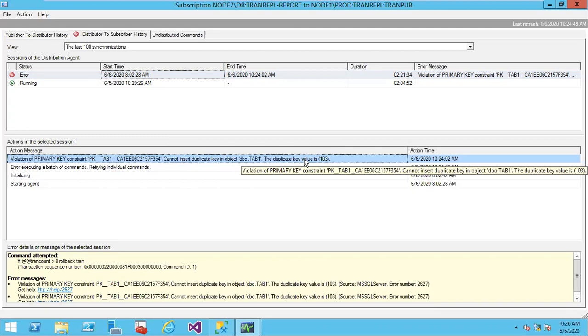inserted the 1 or 3 record, and the same record you are trying to insert from the publisher. Transaction replication doesn't accept duplicate data. Because of that, the replication failed. For resolving the problem, we need to remove the 103 record at the subscriber. If you remove that record, then the pending 103 record will go to the subscriber and the issue will